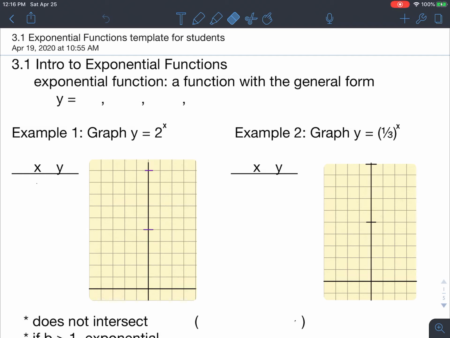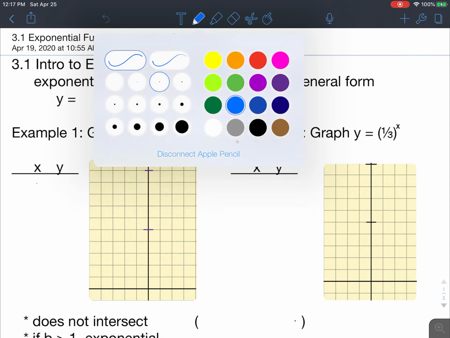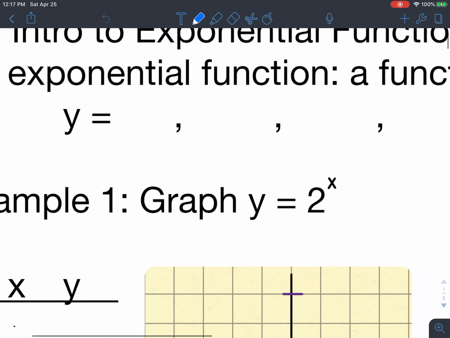Today we're going to start chapter 3, which is exponential and log functions. The first section is exponential functions, and that's what we're going to talk about today. An exponential function is a function with the general form y equals